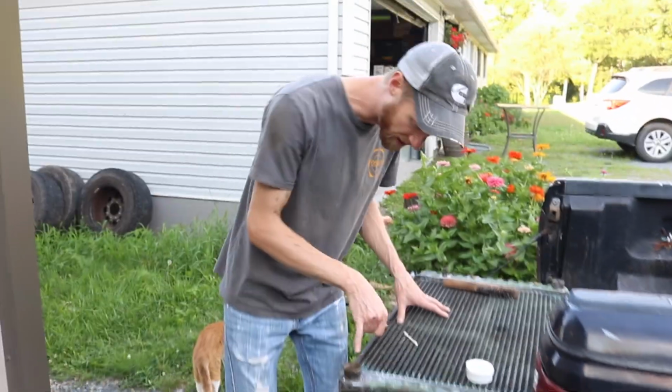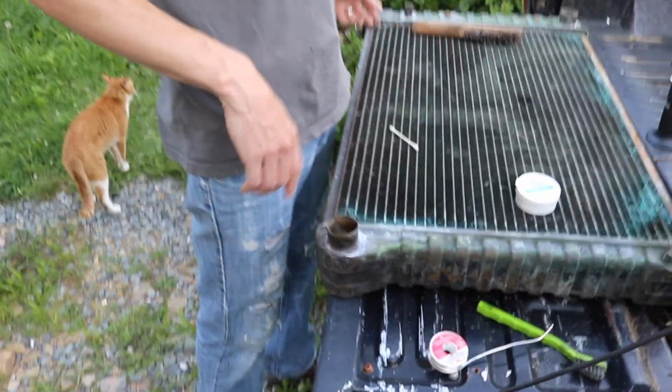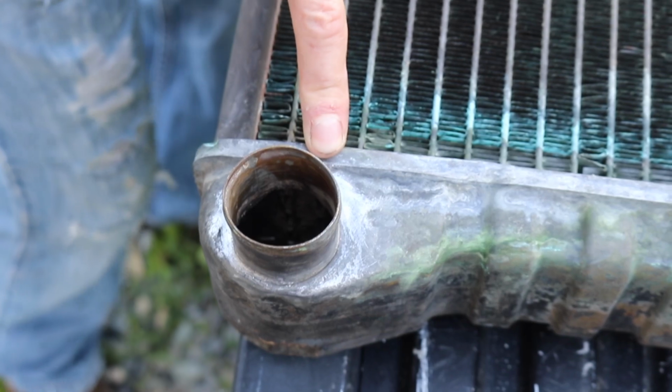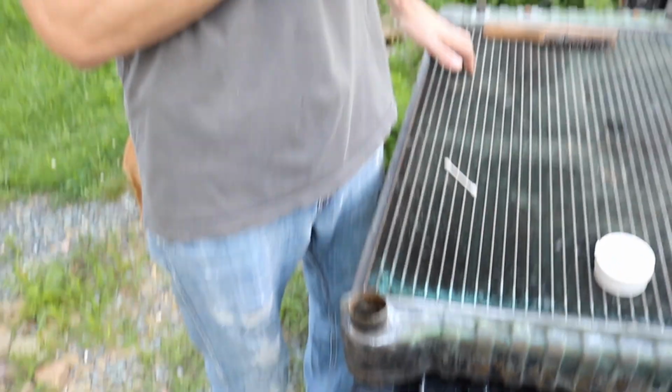But where it does leak like crazy now is around this filler neck, or from the outlet of this. And I guarantee it never leaked here. So I guarantee you when I was prying the hose off of here today, I cracked that. So